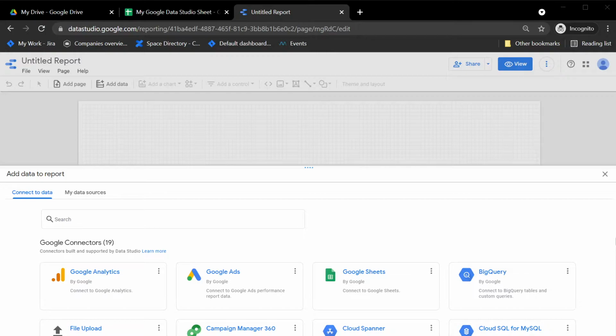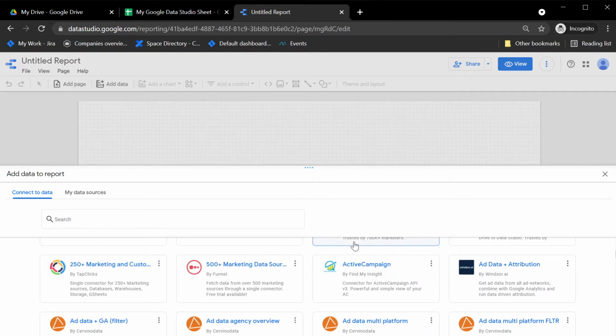So we're now in the blank report, and Google Data Studio is asking me to add data to it. So it's showing me a list of all the data sources that I can connect to. So you see that we've got Google Analytics, Google Ads, and then Google Sheet, which we're going to be using just now. You can also upload files or use BigQuery. Then you also have a number of partner connectors. If you scroll down,